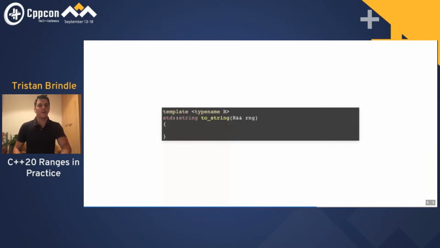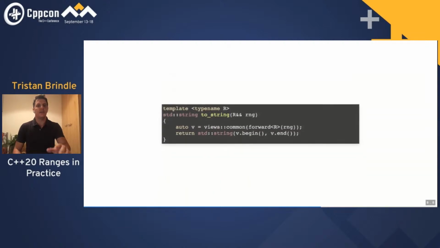So how do we implement this toString function? Well, here is one way we could do it. Standard string has a constructor that accepts an iterator pair,